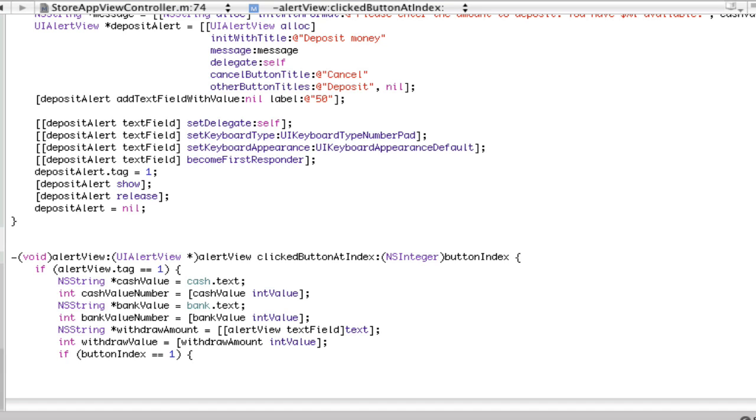Then we want to check if the value that the user entered is actually less than or equal to the value that's available. Because if the user enters, say, $150 to withdraw, and you only have, say, $100 to withdraw, then we want to make it clear. We want to make it so that they can't do that. So we're going to say if withdrawValue is less than or equal to the bank value, because we're withdrawing from the bank. So if that's less than or equal to the bankValueNumber,